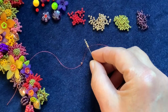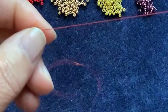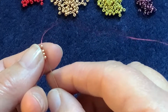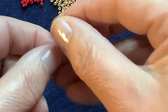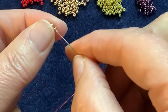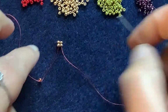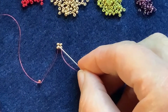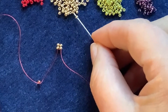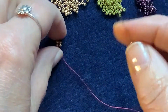foundation. So I'm going to put on 4 of the gold beads. I'm going to pass up 2, and pass down 2, and that brings us into a situation where we've got 2 columns of 2 beads. Now I'm going to add another column of 2 beads, so it's 2 more gold,